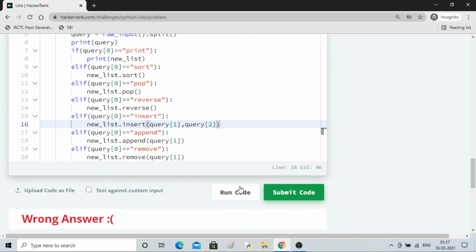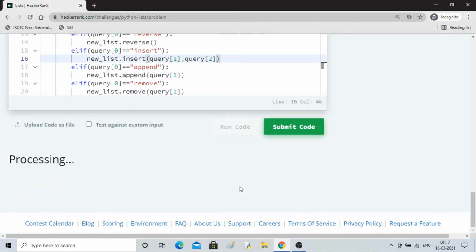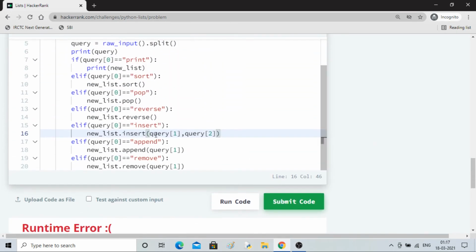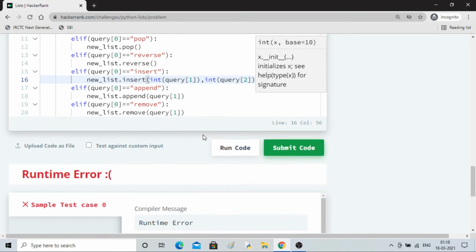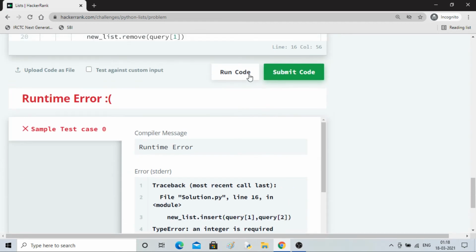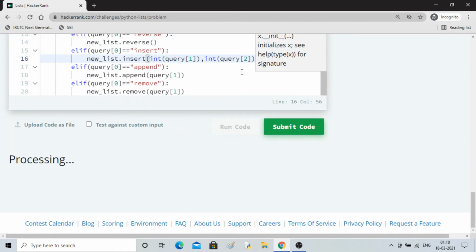Now let's run the code. Okay, integer is required. So we'll convert it into integer. Both have to be integer. I'll convert both of them into int. Okay, let's run it.